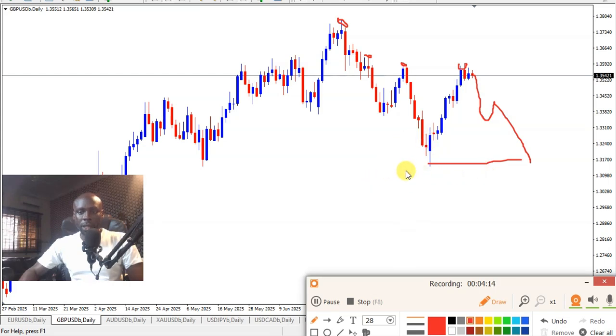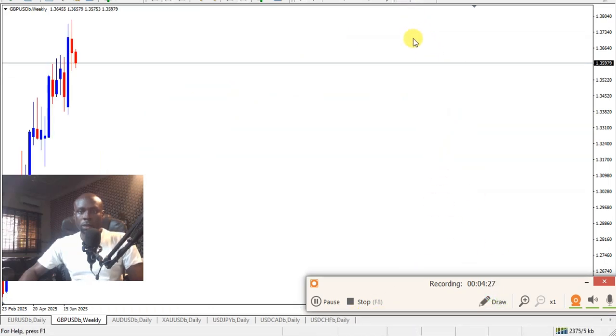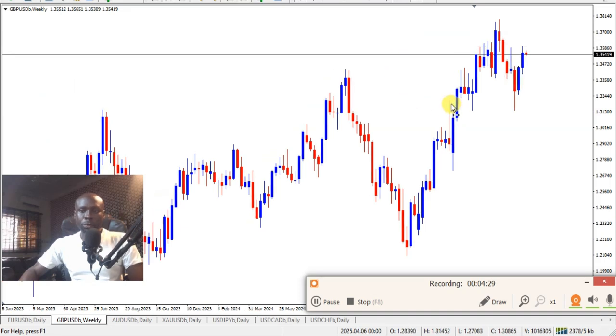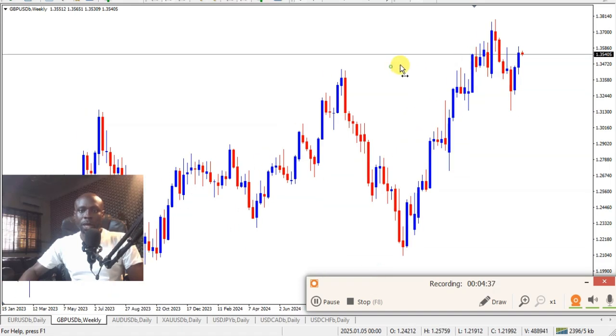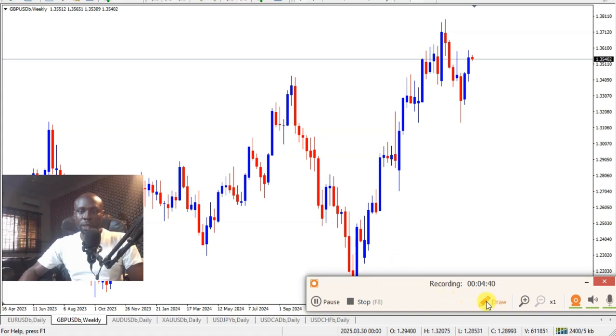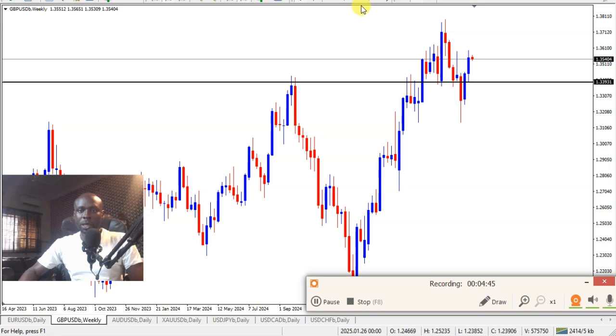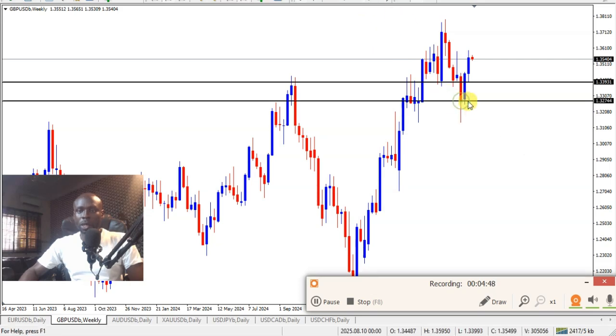So let's look at the higher time frame, which is the weekly chart, to see if the weekly chart supports our selling opportunity for the GBPUSD this week. On my weekly chart, you can see that price closed on the weekly resistance level. Seeing price on this weekly resistance level indicates a price reversal for the GBPUSD to the next weekly support level, which is where we expect price to move. Then we also have a support level at this area. So if price breaks this support level, we expect price to move to this next support level for the